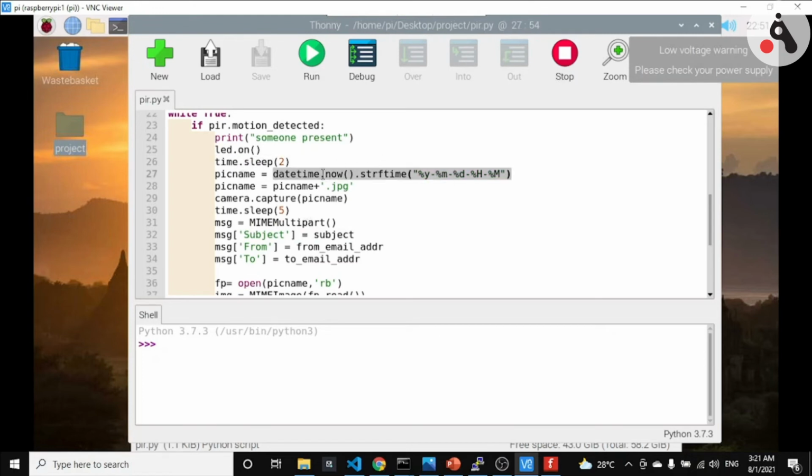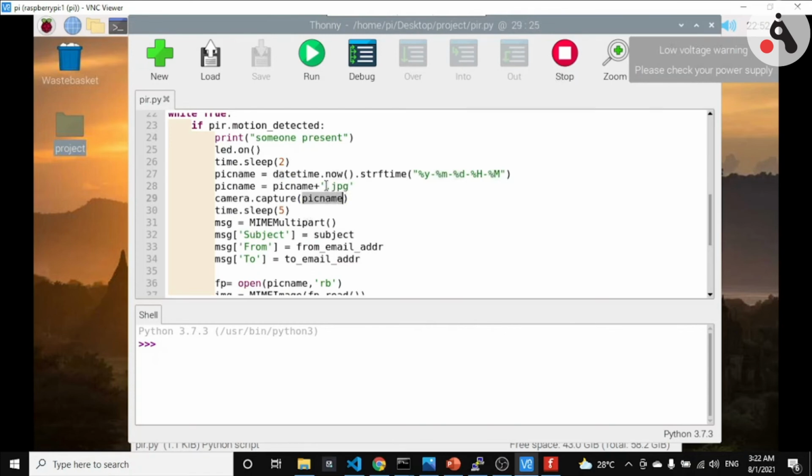Here we are using the datetime library. We take the current datetime stamp, convert it into this format, and after that we append .jpg. So this will be the final file name of the picture image, and this file name is used here.